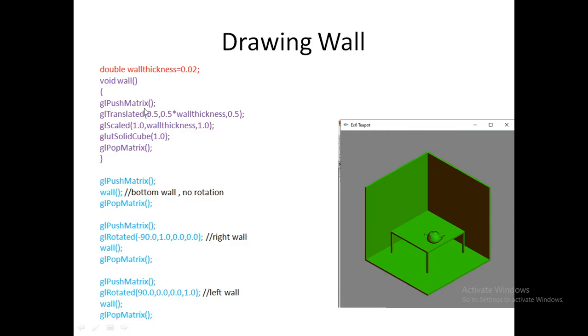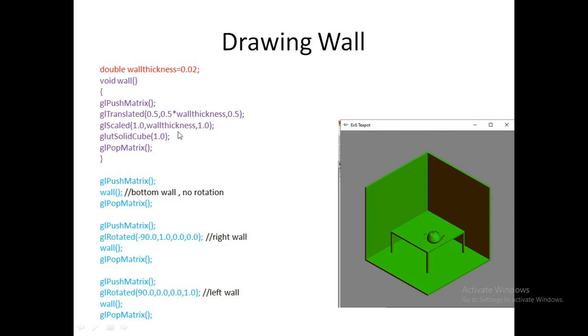So we have used GL push matrix here, GL pop matrix here, and GL translate X, Y, Z. The thickness is set. Can you see the thickness here? A small value, 0.02. With this thickness, you know the volume is -1 to +1, -1 to +1. So -1 or +1 means the half of the volume is 0.5. So it is translated to the 0.5 location, X side, Y side along with thickness, and Z side. So one wall is translated and scaled in the middle of the view volume.